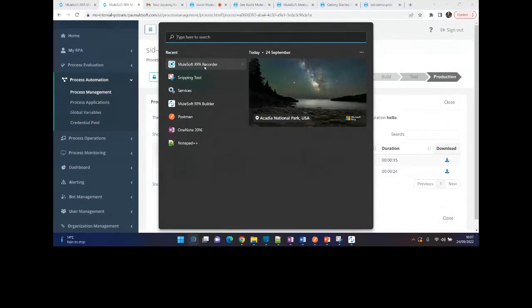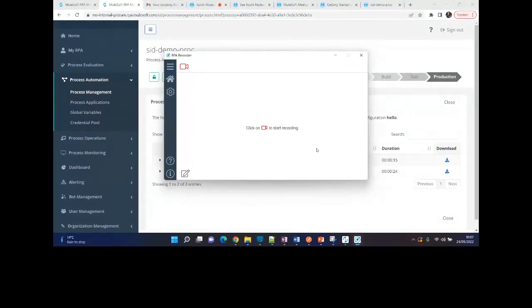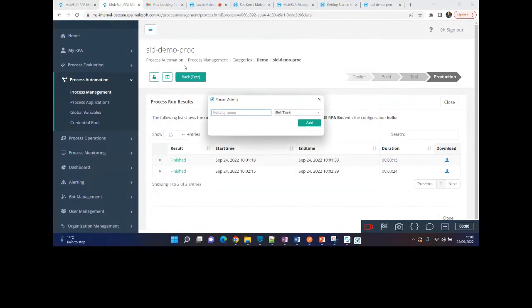Maybe we can take that offline, Georgie. If you're really specifically facing issues with your recorder, we can give it a try. I'm not exactly sure what issues you're facing, but with the RPA recorder, you should be able to record the steps. So this is your RPA recorder. Now, if I just launch it and do a start, you can see it just started recording.